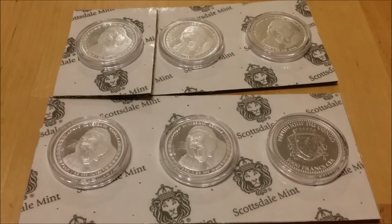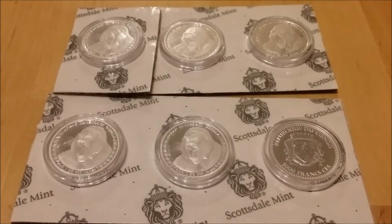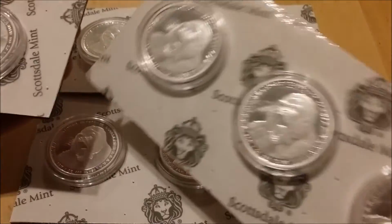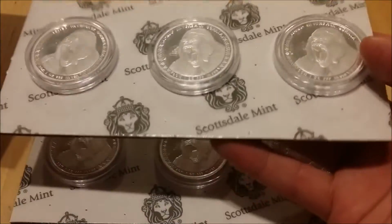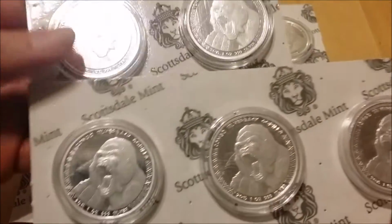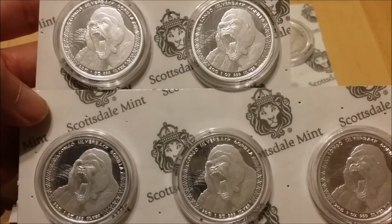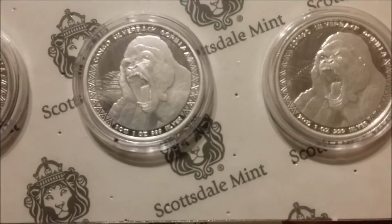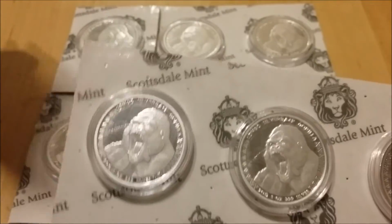and obviously I just showed these because I picked up another 5 which came today, and yeah, so just to show that I'm not just showing another 5, the same 5 again. So this time they didn't come with one on the back, but I've got one on the back, so I don't mind, because at some point I will be flipping them in the long term, and these coins I think